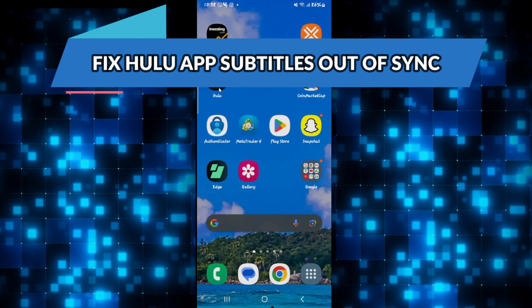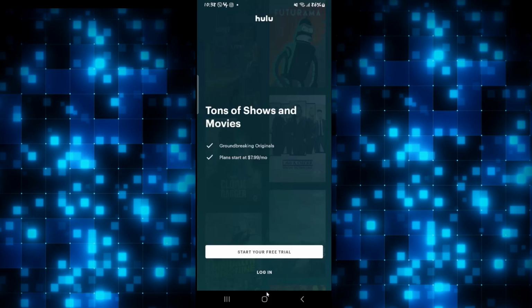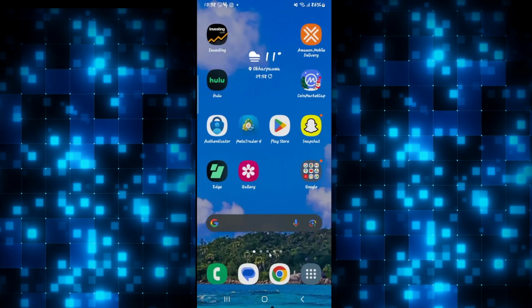If you're trying to watch a show on the Hulu application, but you notice that the subtitles are not syncing up with the actual audio from the show, then there are a few ways that you can go about fixing this issue. The first thing that might cause this issue is that your application is not updated to the